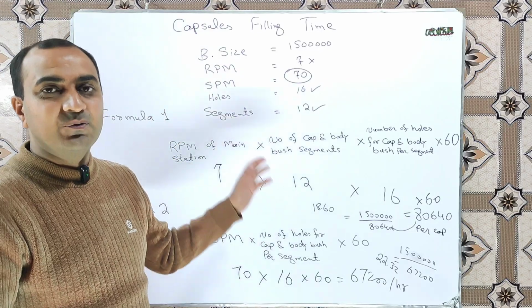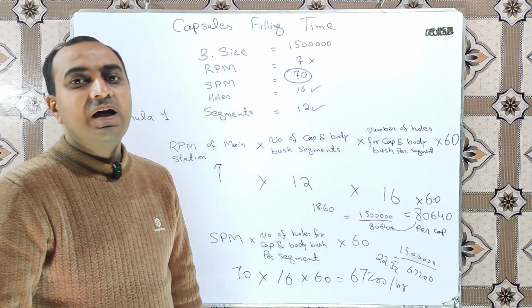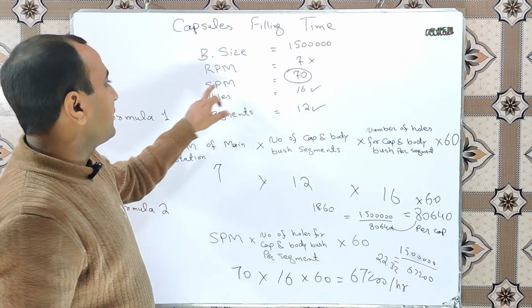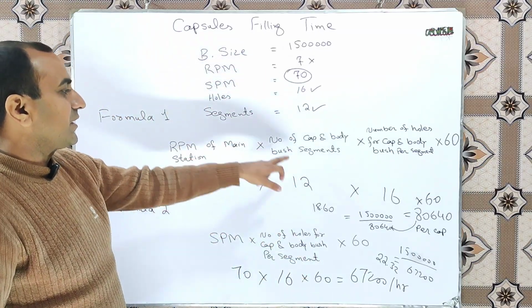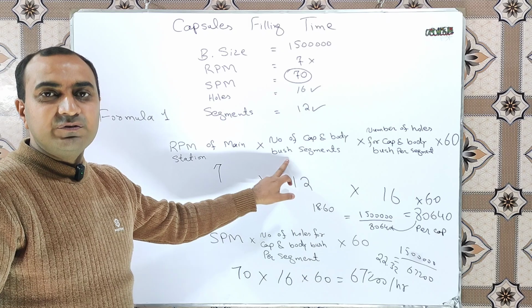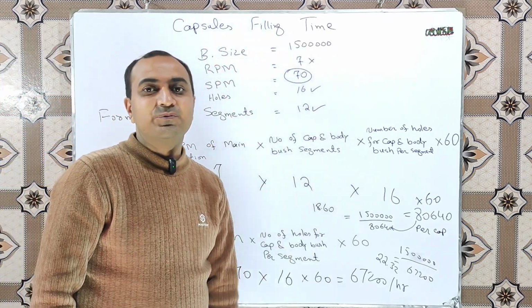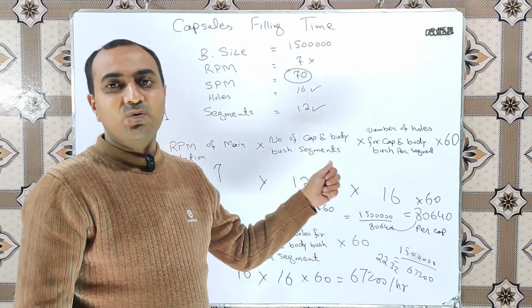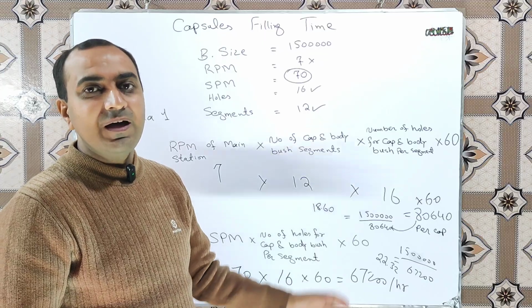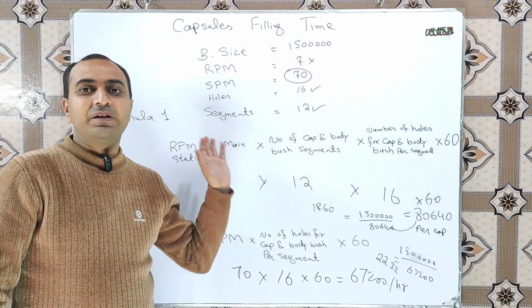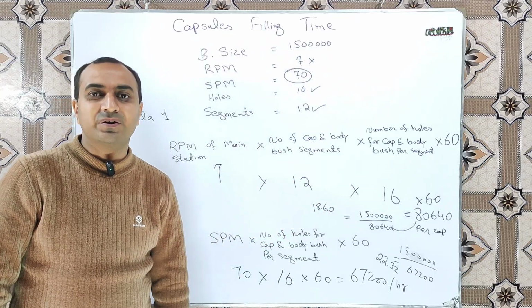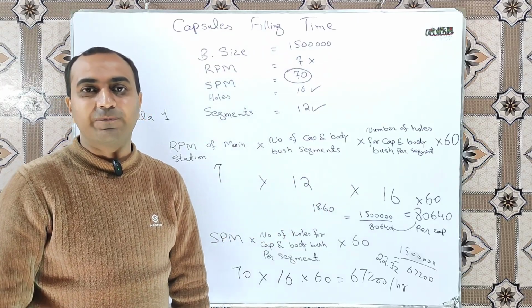22.32 hours. So if your machine specifications are given in SPM, you can use this formula. If your machine specifications are given in RPM, you can use this formula. By using either of these formulas, you can easily calculate the time required to fill a number of capsules. So I hope you are now familiar with the time calculation required for a specific batch of capsules at the